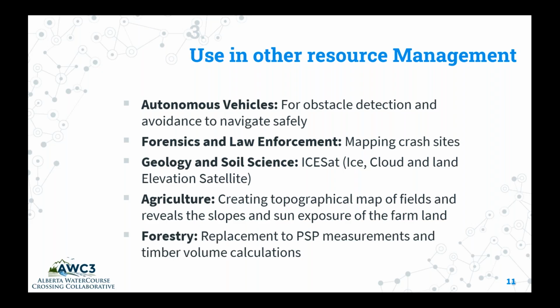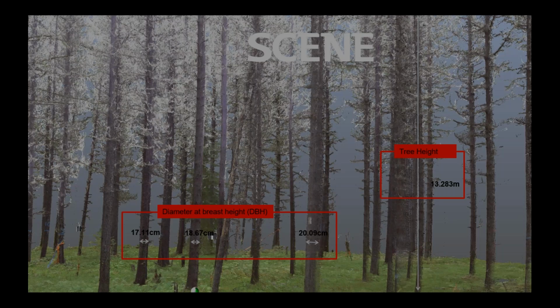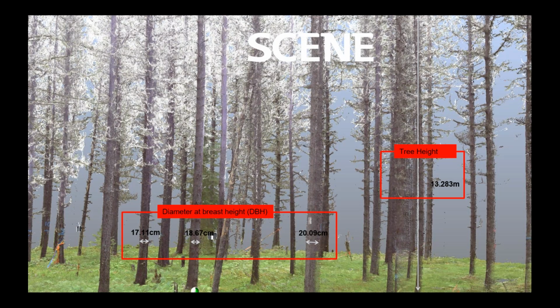Now, forestry has by far been the leader in the natural resource management application of LiDAR. There have been numerous studies to replace permanent sample plot, or PSP, measurements from traditional tape and caliper measurements to this method. Here is a picture of a PSP near Sunray. Now, the terrestrial LiDAR scanning was done, and many of the permanent sample plot parameters like the DBH, height, stem counts, etc., can be easily extracted from the 3D data.